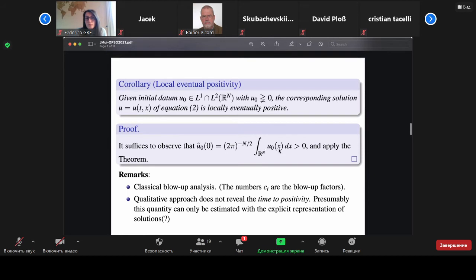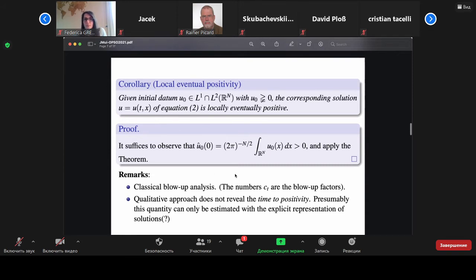And so if we take something that's strictly positive, then this quantity is again positive, and therefore we obtain this local eventual positivity. So as I mentioned already, this is very similar to a classical blow-up analysis where we localize the solution in some compact set and we blow it up so that it is essentially of order 1,